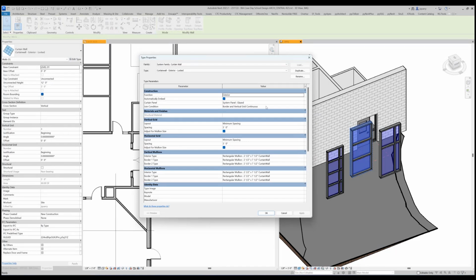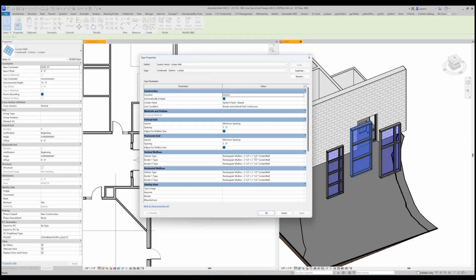Notice that this is the part you want to notice, that first of all, the function is exterior, which is important, but not really important. It's important for if you're trying to isolate the exterior windows in a schedule or something. So that's why I use interior exterior. But the bigger part of this is these sections down here. So what this is saying is every time I create one of these, it's going to create a minimum mullion at 3 foot spacing vertically and 3 foot horizontally, and it's going to use these wall or window mullion type